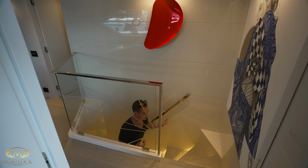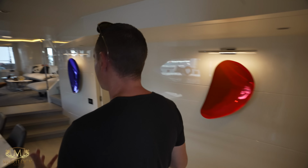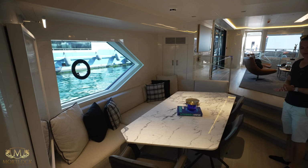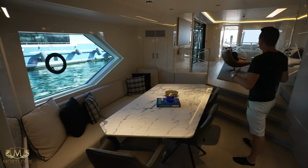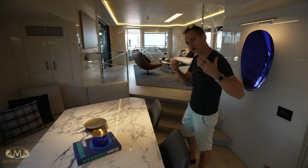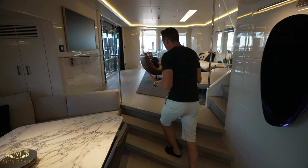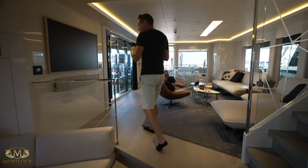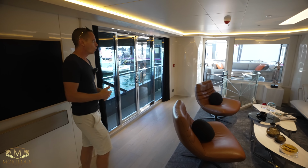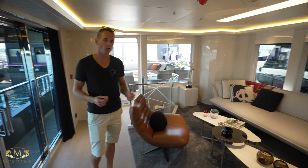Right, as we come up the stairs from the VIP cabin, we immediately come into the interior dining area. You will notice on this vessel, there's lots of levels, so it goes up and down, creating a feeling of more space and kind of like a New York loft feeling. On the exterior of the yacht, they've gone with a darker, more military style, aggressive look, but on the interior, you can see lots of whites, which gives you that reflection of the natural light,